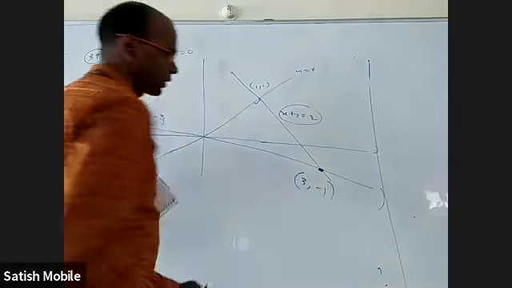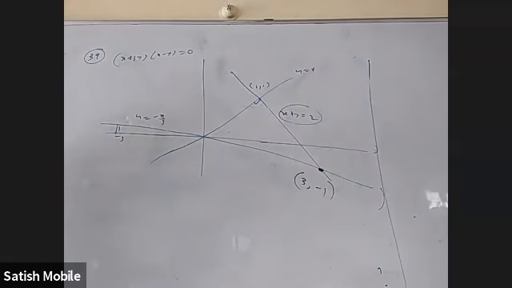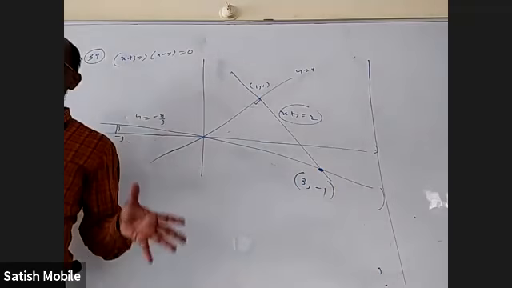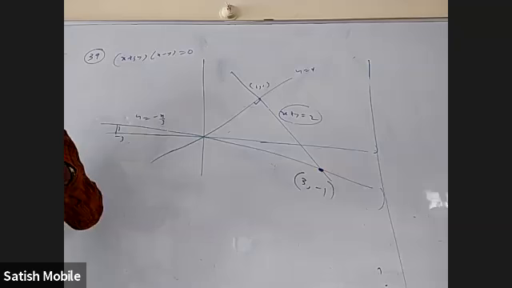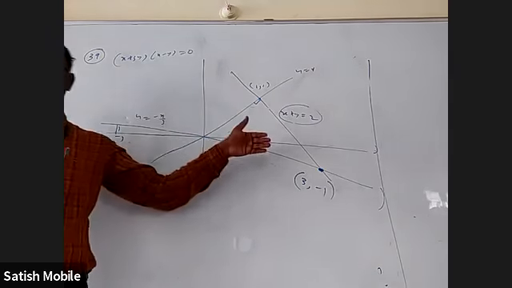You will get 3 comma minus 1 will come. Okay. When you find, without figure and all that, at 1 comma 1 what is the slope of the tangent, it will come 1. What is the slope of the normal, you will get minus 1. You find the equation of normal, you get x plus y equal to 2.